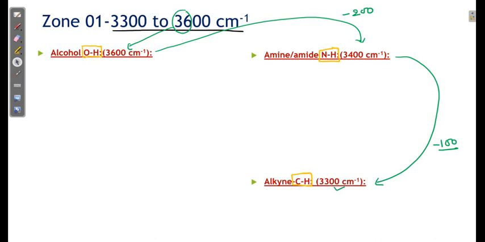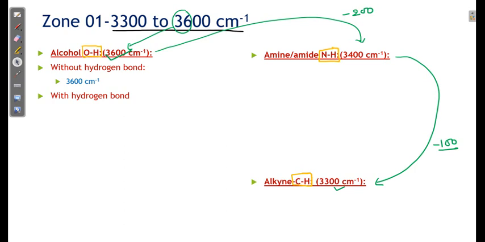Now, individually, in the case of alcohol, it is a main functional group that is ready to make hydrogen bonding. So we further divide it into two types. Without hydrogen bonding, we get a very sharp signal at around 3600 centimeters inverse. If it forms hydrogen bonding, it gives a range, because hydrogen bonding will decrease